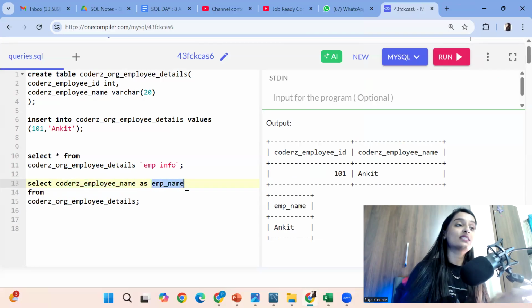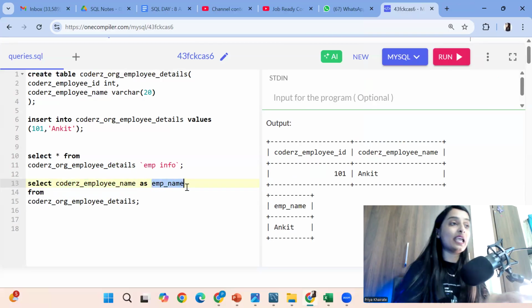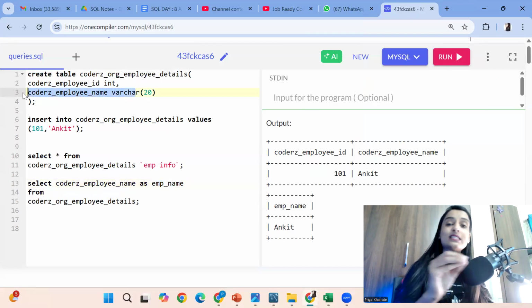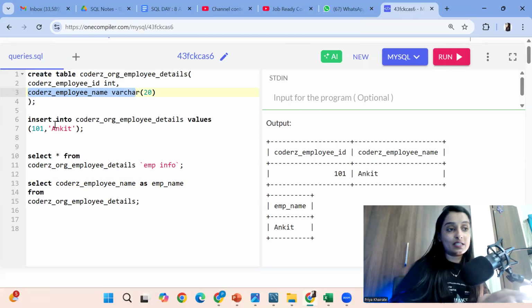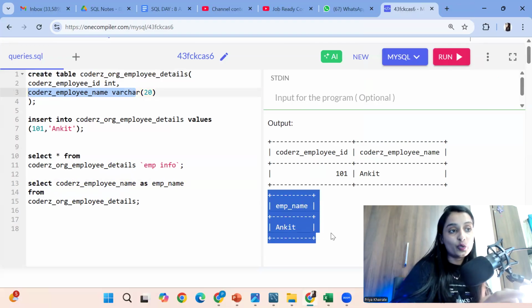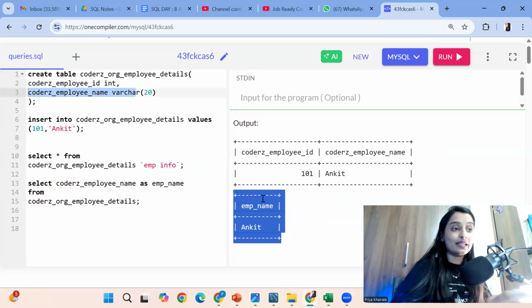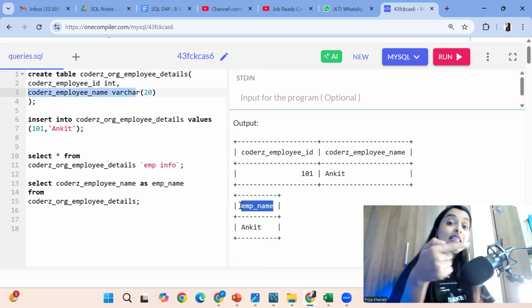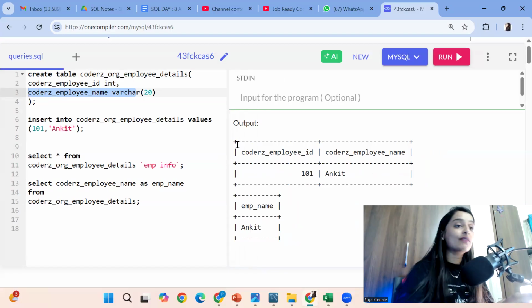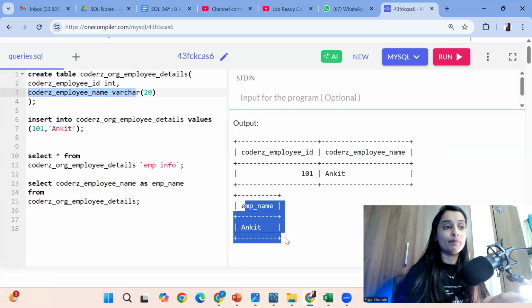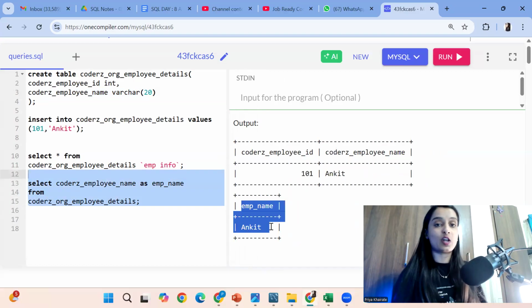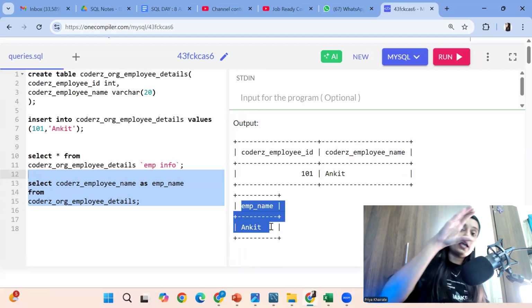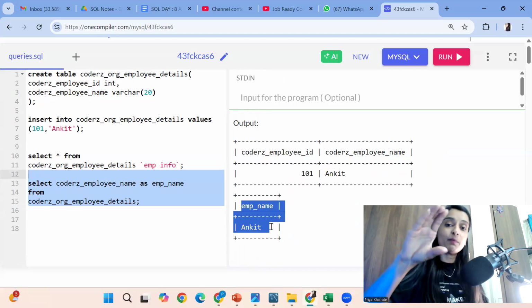So what is the meaning of this temporary name? It is not changing the name in your original table, guys. It remains as it is. While projecting that part of data to you, see, this is called projecting the result set to you. So while projecting the result set, it will mention this temporary name in the result set. See, we don't have these tables in the hard disk, okay? These small tables which you are getting in the result set, in the hard disk, those tables are not present. In the hard disk, you have a big table. From that, if you ask for employee name, it will take a copy of employee name and it will project it to you.